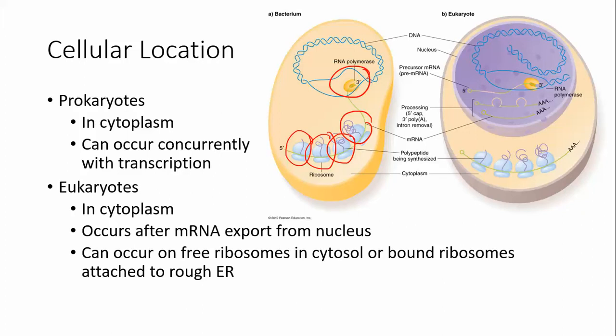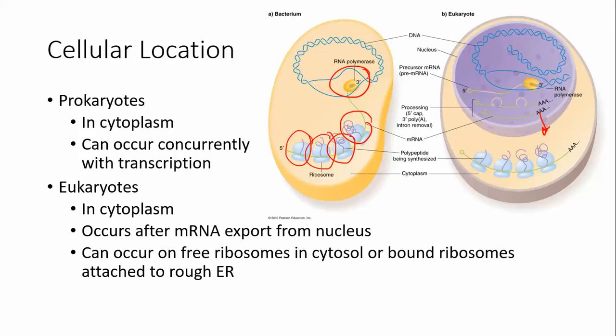In eukaryotes, translation is a process that happens exclusively in the cytoplasm, which means that first, an mRNA, after it's produced, has to get out of the nucleus before it can be translated into a protein. And that's why, if you'll remember from our transcription lesson, that methyl G cap and that polyadenylation sequence are important because they help get that mRNA that's mature and ready for translation to exit the nucleus. Once it's exited from the nucleus, then it can